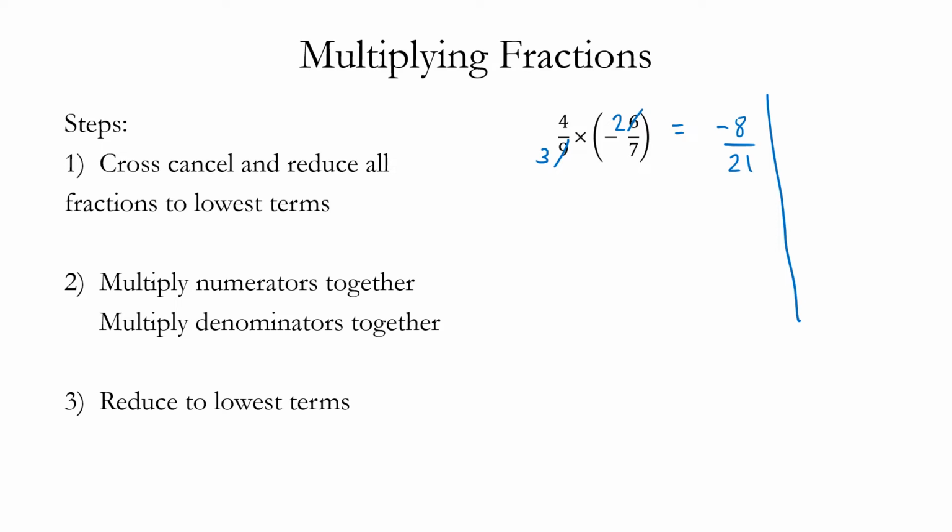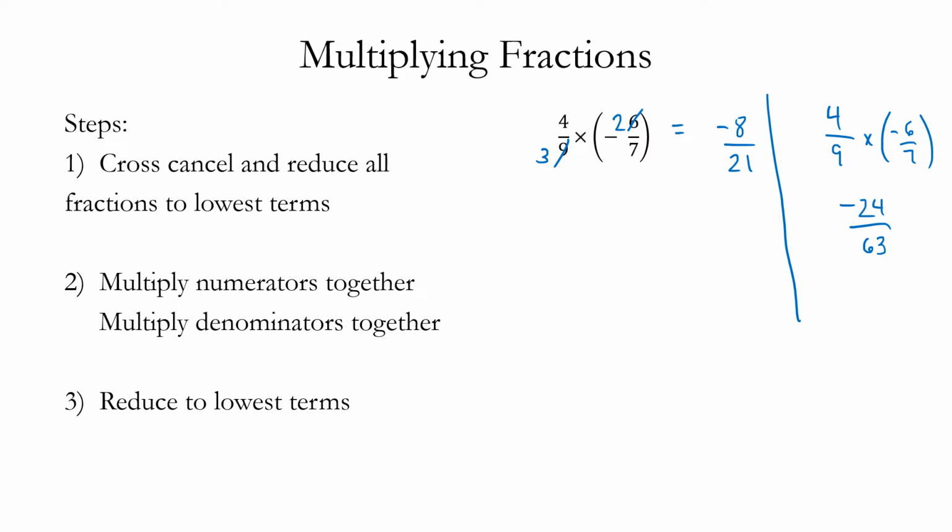Another way we could have multiplied was just multiply straight across. So if we were dealing with 4/9 times the negative 6/7, I can multiply 4 times negative 6 to get negative 24, and I could do 9 times 7 to get 63,